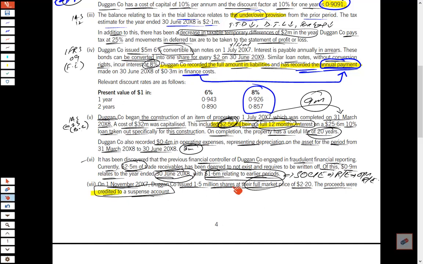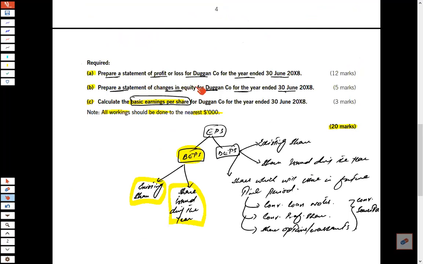So once the shares are issued at market value more than the par value, two things are affected. One of them is share capital, and another one is share premium. So if there is an increase in the suspense account, to settle this we would be debiting the suspense account, which is currently on the credit side. To knock off that suspense account balance, we would record it on the debit side to clear it, and then we'll record the credits like share capital and share premium against the issue of shares during the year. And there are 3 requirements: P&L, changes in equity, and basic EPS.